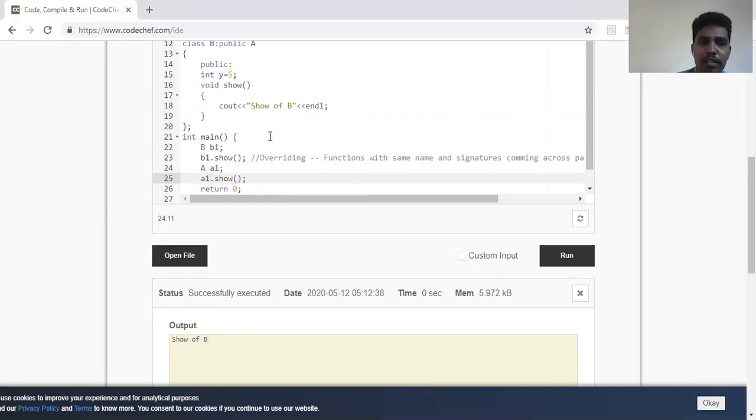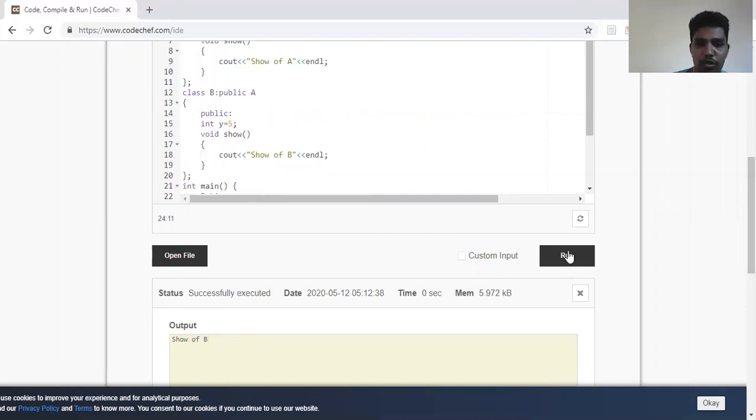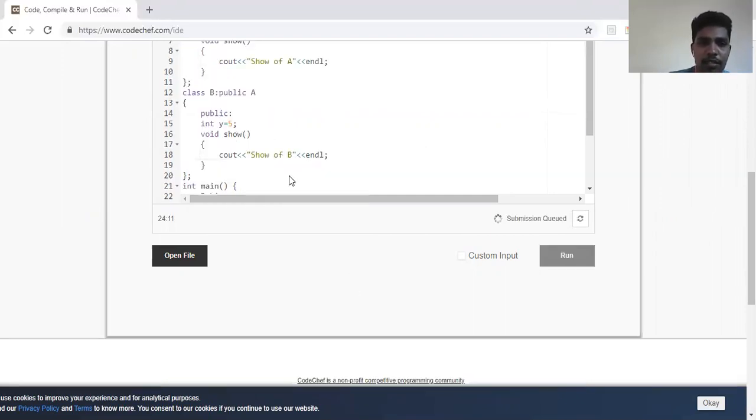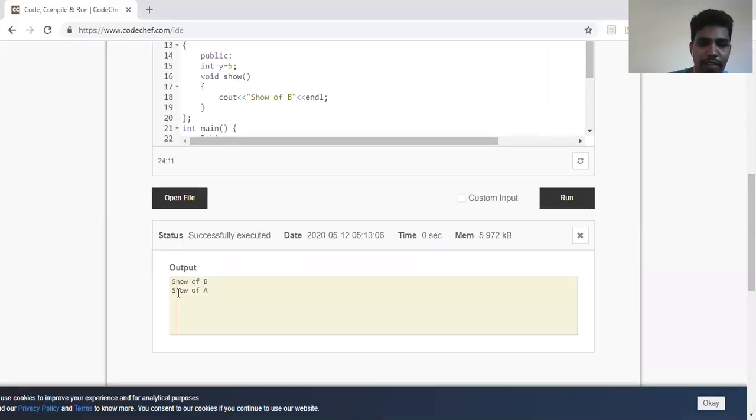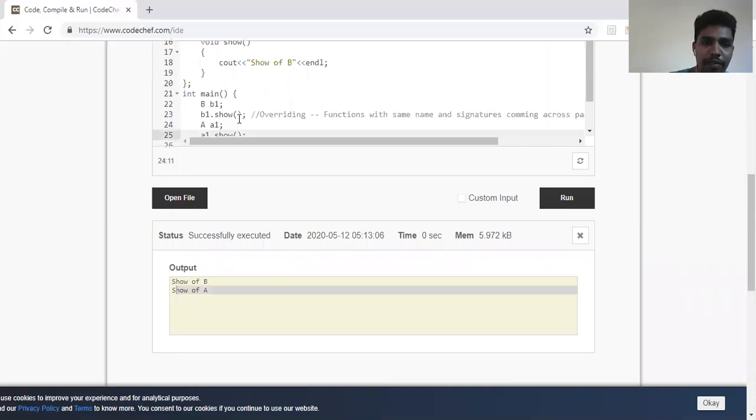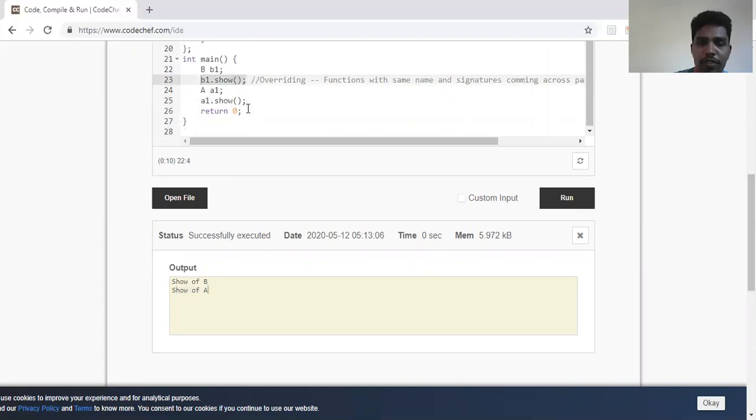Why? Because A does not derive B, so A only knows one show. So I'll call this, and you will get show of A. You can see here, the first line is because of B1 dot show, so it says show of B, and the second line is show of A because of A1 dot show. Now this is called overriding.